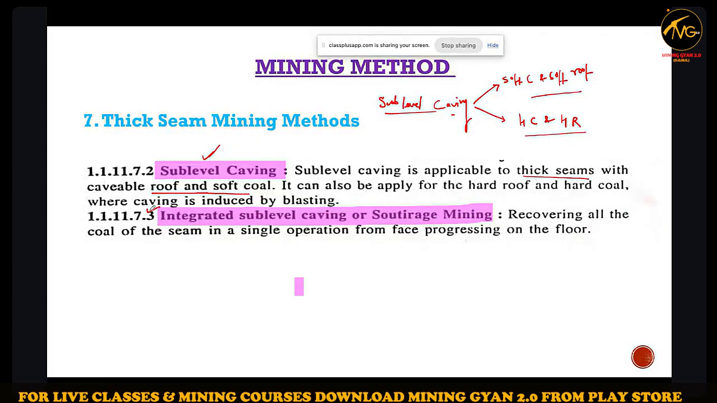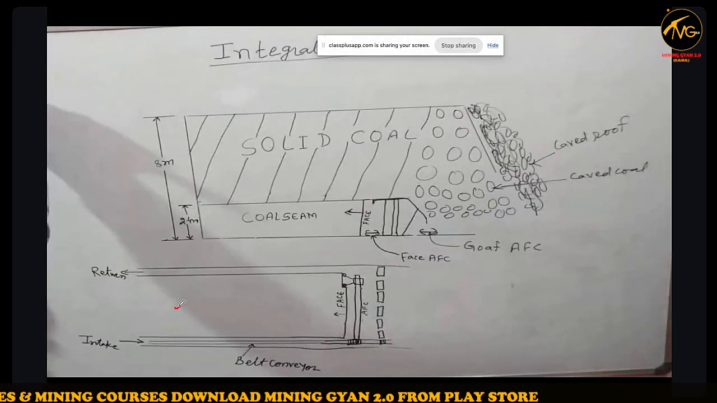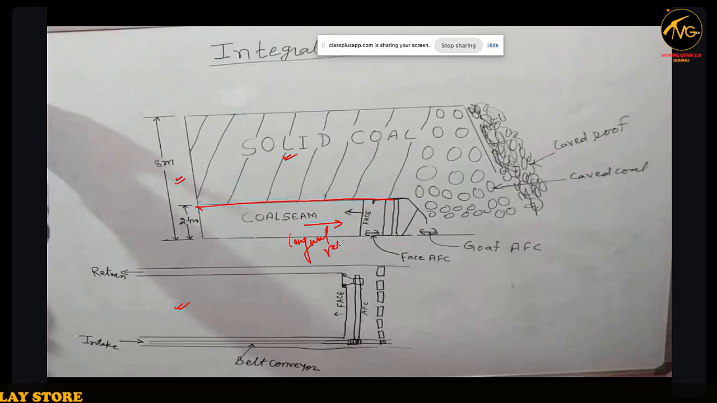Now come to integrated sub level caving. In this method, this is the top view, this is side view. We will not make 3 slices, we make only 2 slices. First this one, second is this one. We will use here long wall retreating method